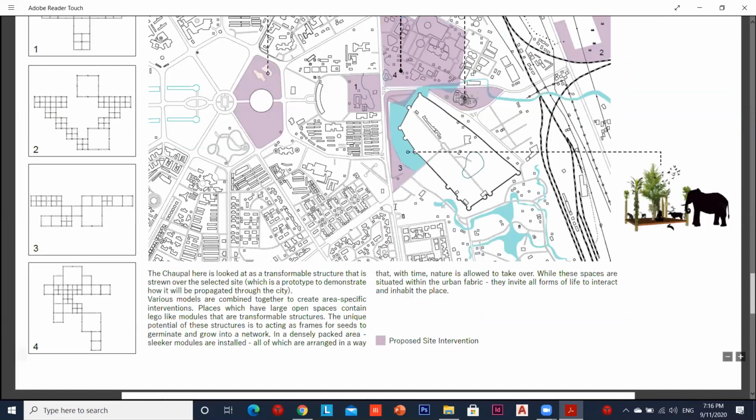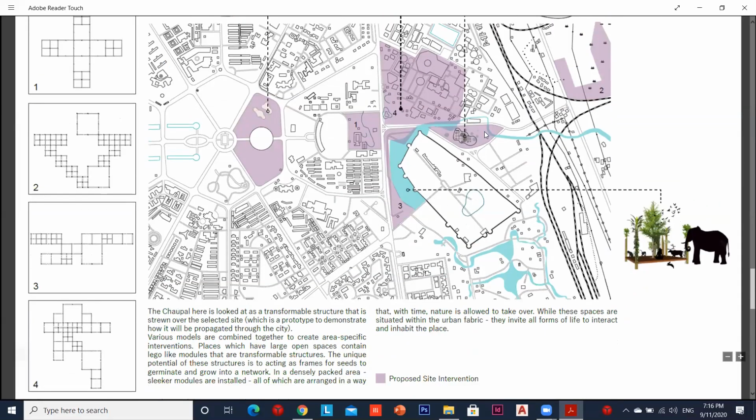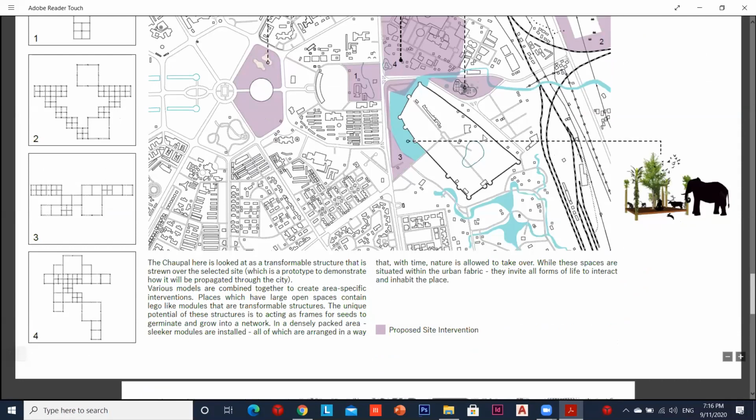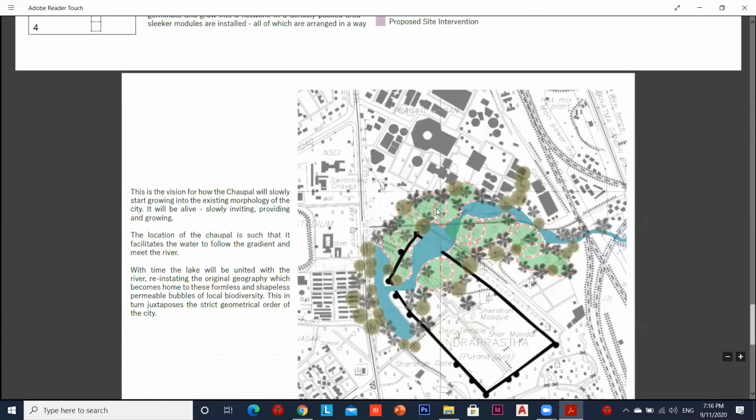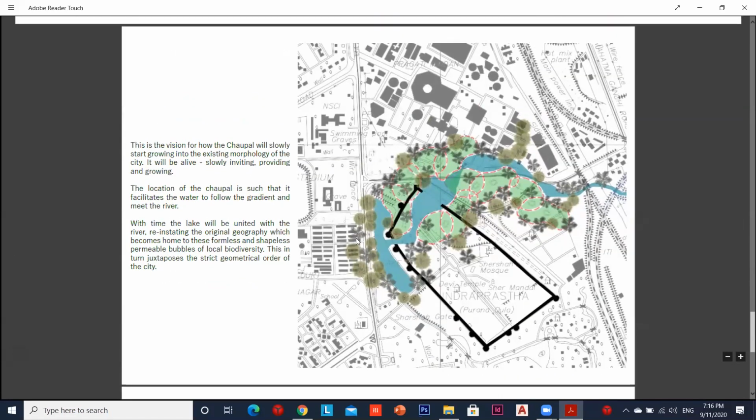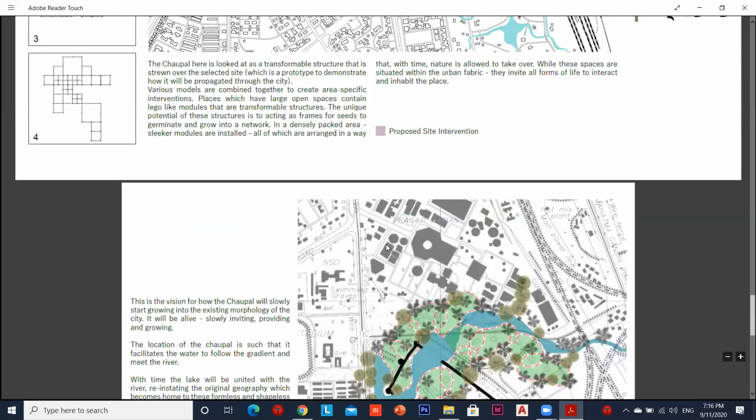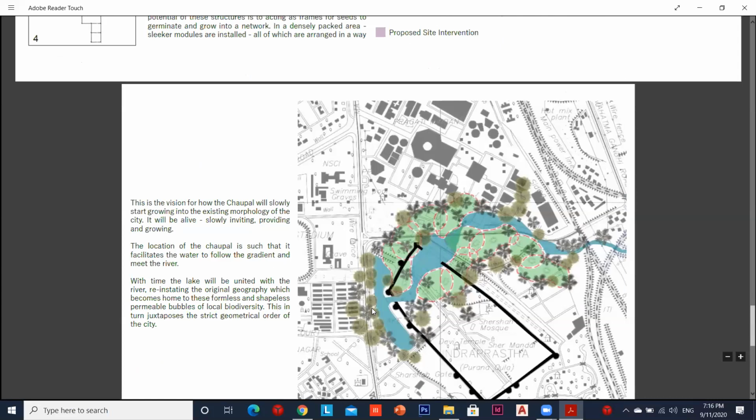After placing it in these particular parts, what can happen is what we were thinking: it would break the fort wall, and then the natural gradient of the land would help all of the seeds grow in a way that helps this whole thing drain out. It doesn't need to go from the sides, but would go through the middle of the fort.